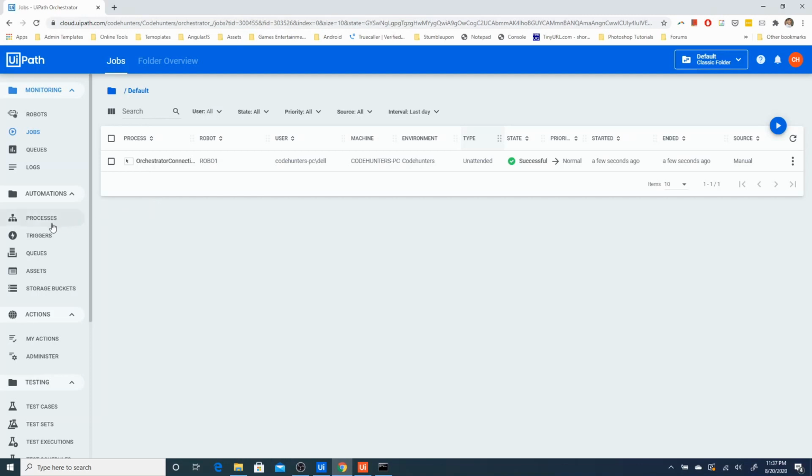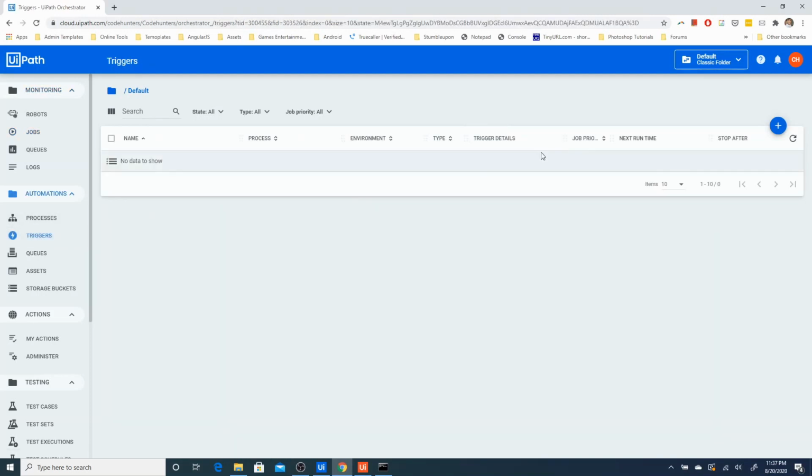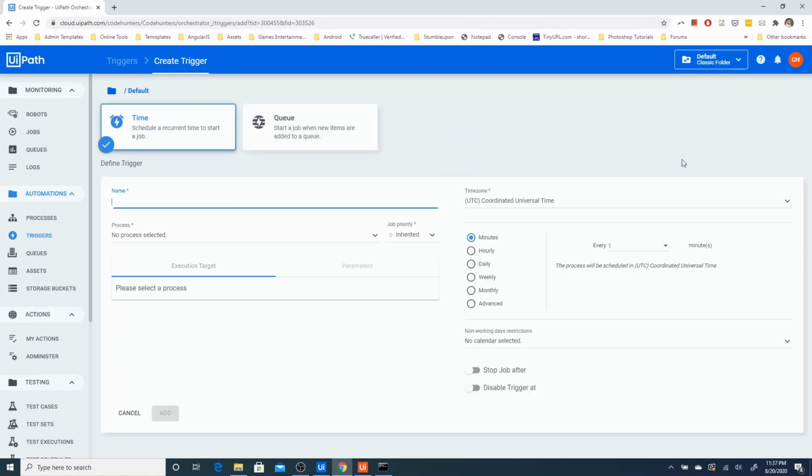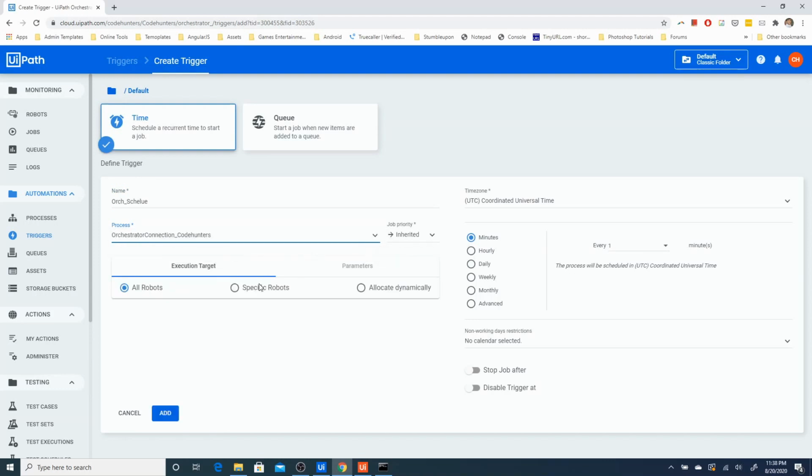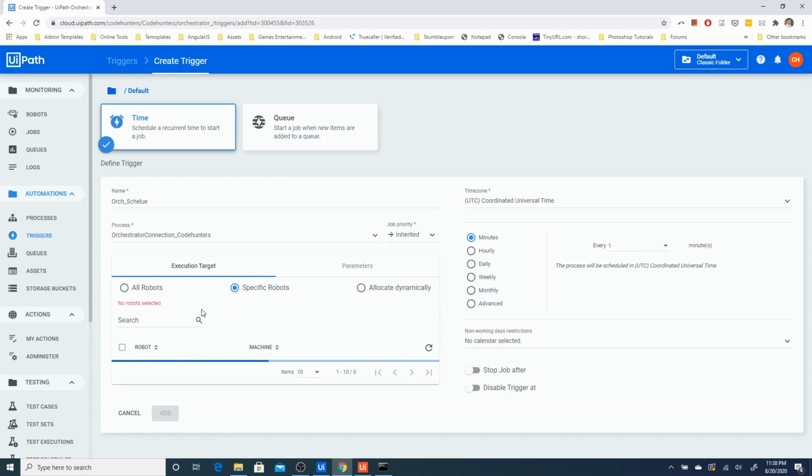If you want, you can also create triggers, which is a scheduler kind of thing, using here. You can give the schedule name, so I will give org_schedule, and you can select the orchestrator, select the package name, and give specific robots, or if you select all robots, whichever robot is available will be used.